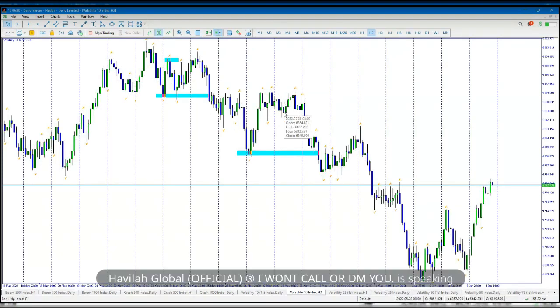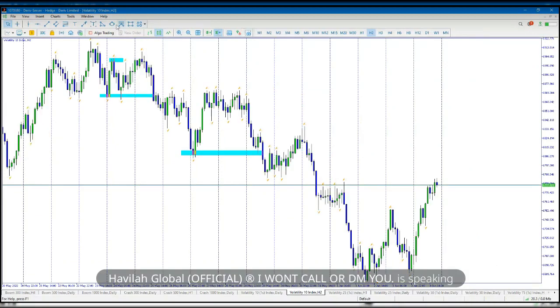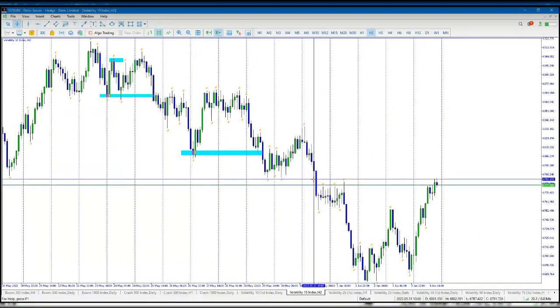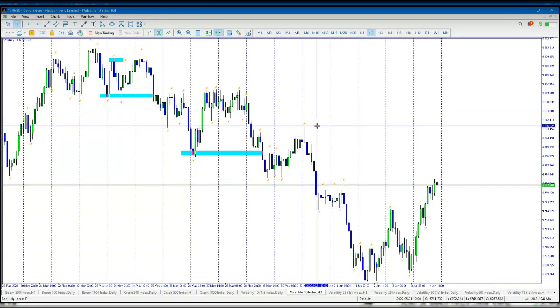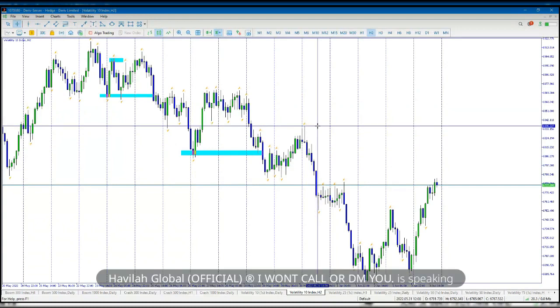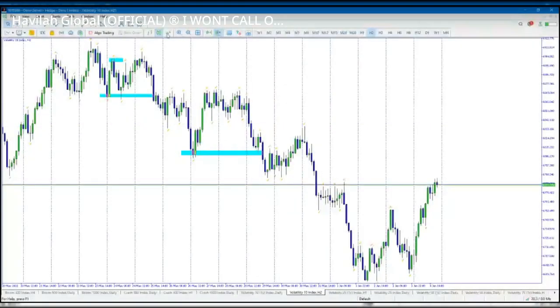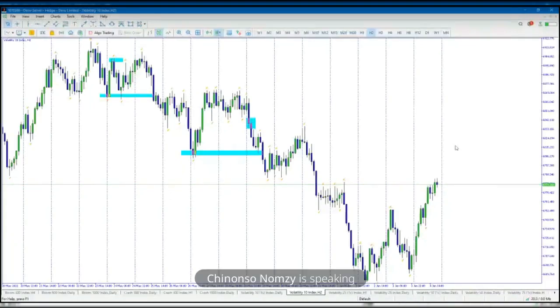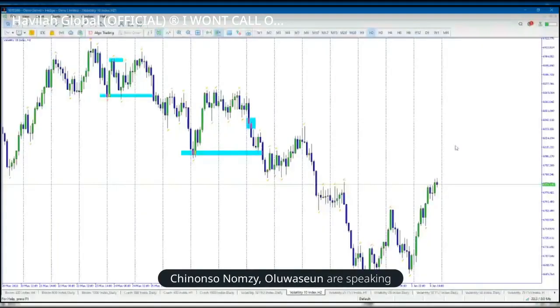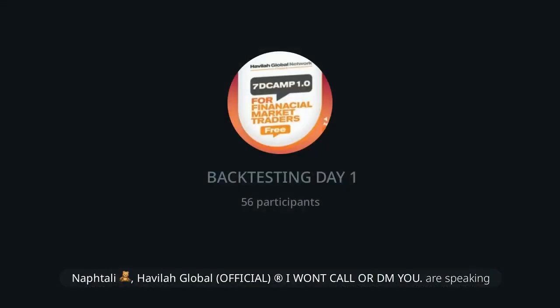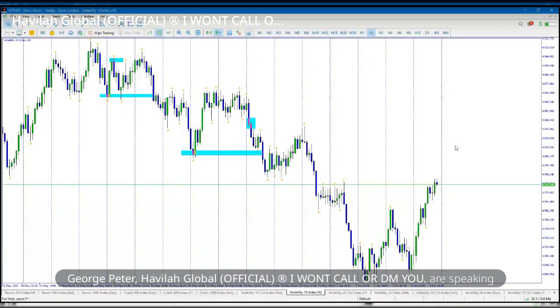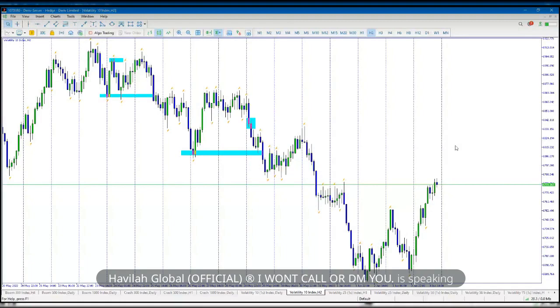And then it came up again. So why is price coming back from here? What is this thing? King order block. Imbalance. KOB. This is a KOB, but there is an imbalance above that KOB.